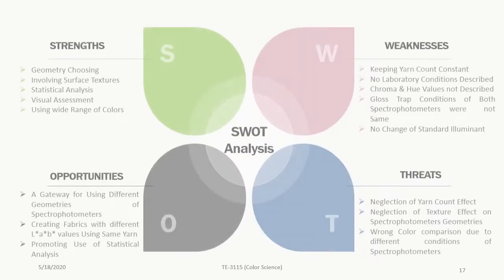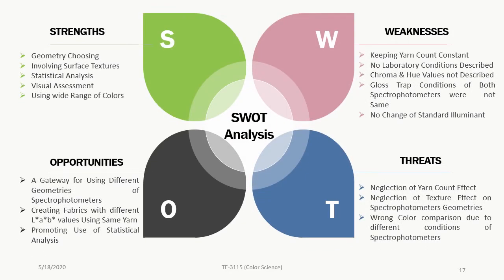So let's start the SWOT analysis of our selected research paper. The diagram shows the strengths, weaknesses, opportunities, and threats related to the research. The strength portion shows that the geometry choosing involving surface textures, statistical analysis, visual assessment, and using a wide range of colors are the strengths of this research paper, while the weaknesses are keeping yarn count constant, no laboratory conditions described,